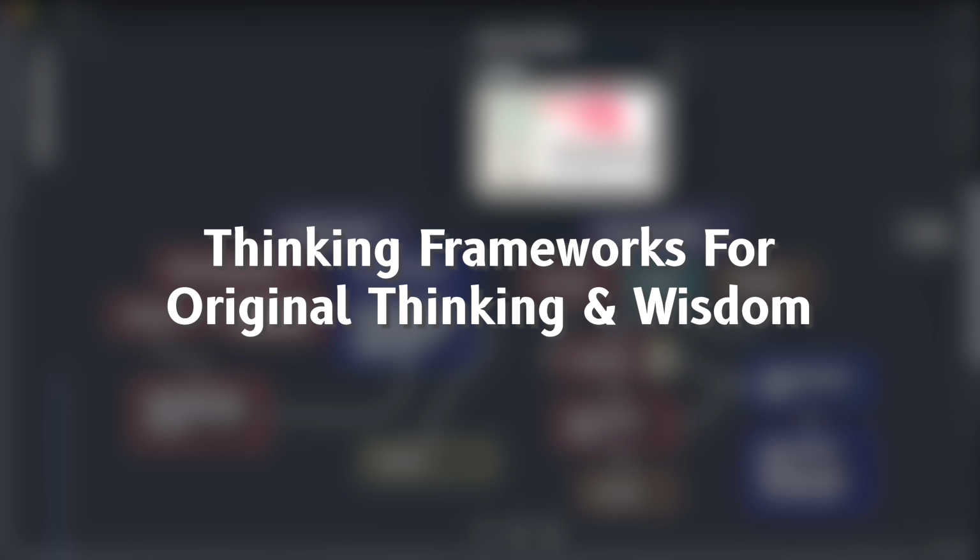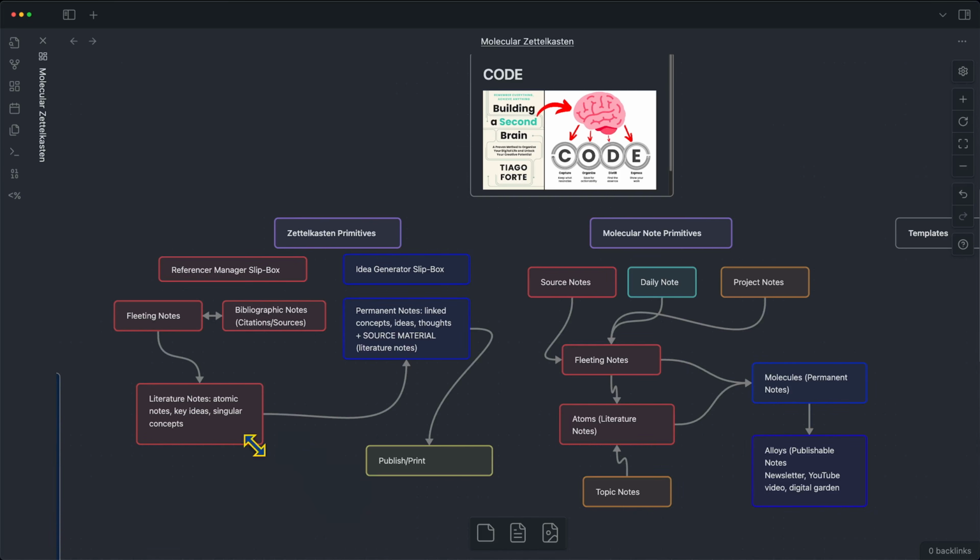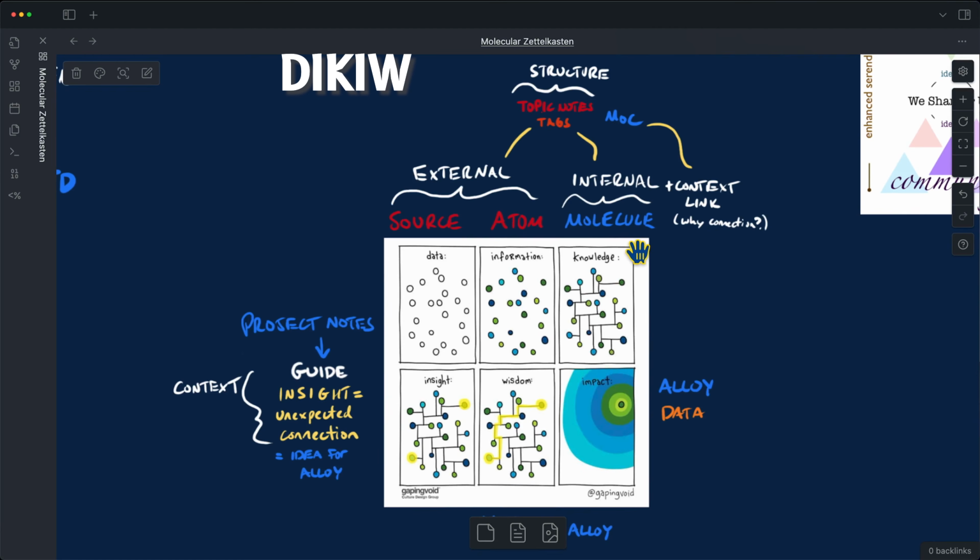I want to walk through a couple different graphics that I personally find very helpful that I hope will make these concepts a little more concrete and less abstract, to show you how information can actually be converted into knowledge, and knowledge can be converted into wisdom, and then wisdom can be applied based on insights that you're deriving through the use of your thinking box, your Zettelkasten system. Let's take a look at one of my favorite graphics.